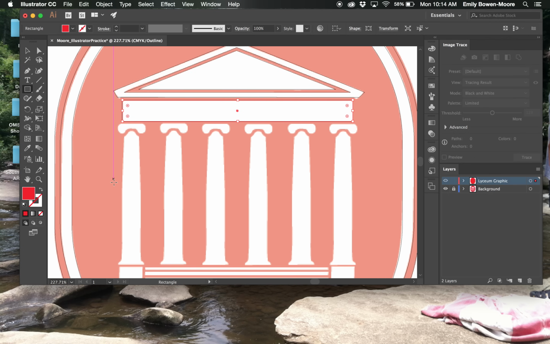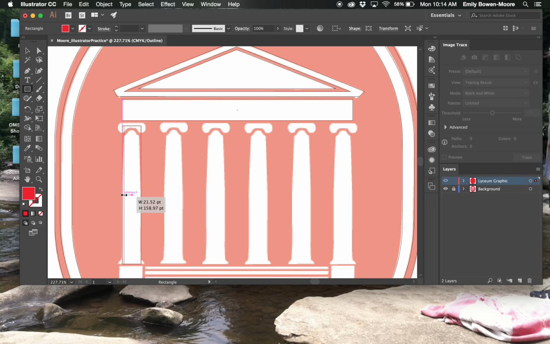So with your columns, you just really have to create one and then duplicate them all and move them over. So I'm going to start here with a rectangle. And I'm going to go to my direct select tool to move these top corners in, and I can click off and click back on the corner. And you can either click and drag it to place, or you can just use your arrow keys. That also helps. So if I click on that corner and then use my arrow keys, you can get to a more minute